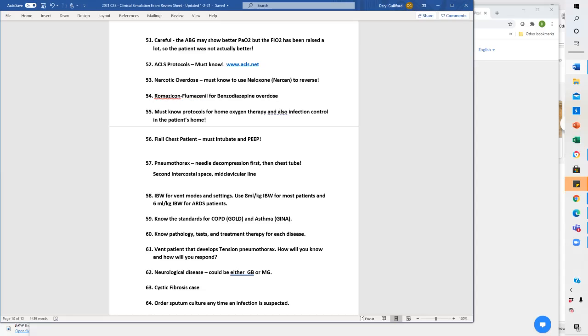Know the protocols for home oxygen therapy and also the infection control in the patient's home. A relatively new thing that we've seen is the cystic fibrosis patient who needs to have equipment disinfected with isopropyl alcohol, at least 70% isopropyl alcohol. And that is very important because the vinegar mixture that we've normally used over the years does not kill the bugs that CF patients deal with. So definitely know the